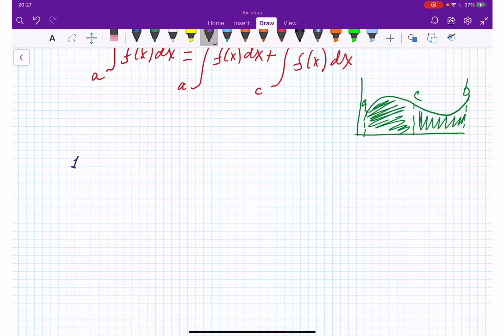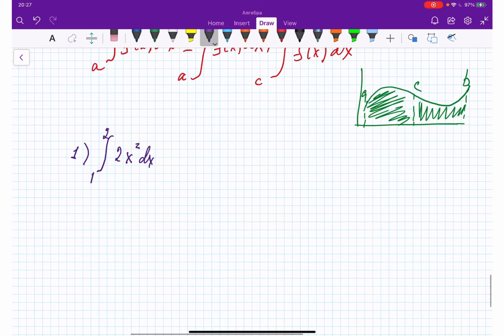Number one, we have the integral from 1 to 2 of 2x squared dx. Okay, so how are we going to solve it? Very easy. The constant we're taking out, with limits 1 and 2, and we have x squared dx, and we are getting,